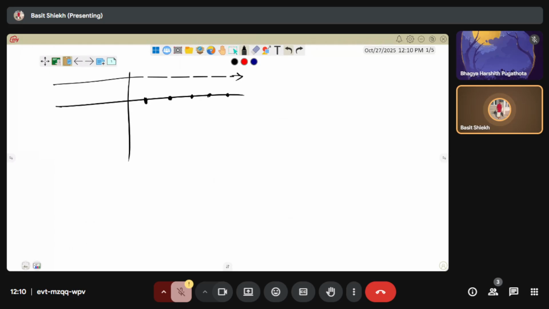Find these points, then also called extreme. These 2 points. In that, my function